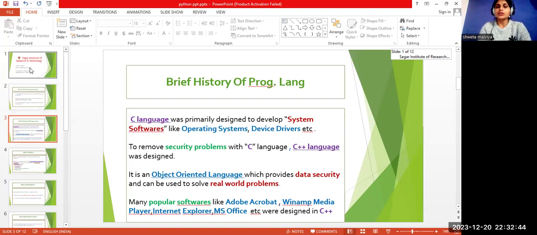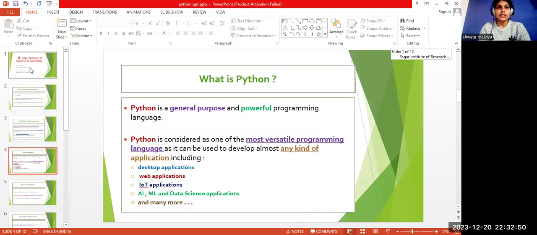Many popular software like WinMap, Adobe, and Internet Explorer are designed in C++. We mostly use C++ today.